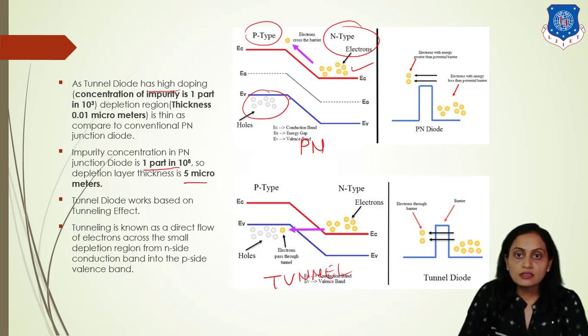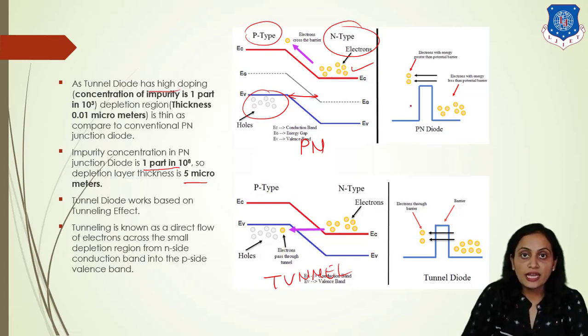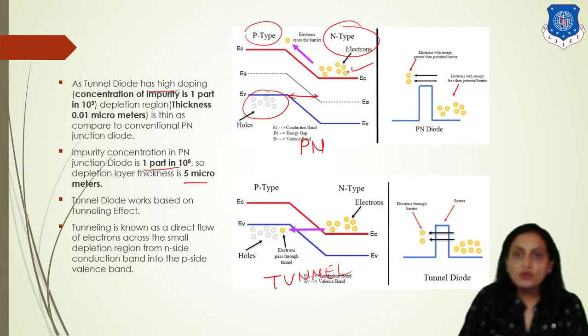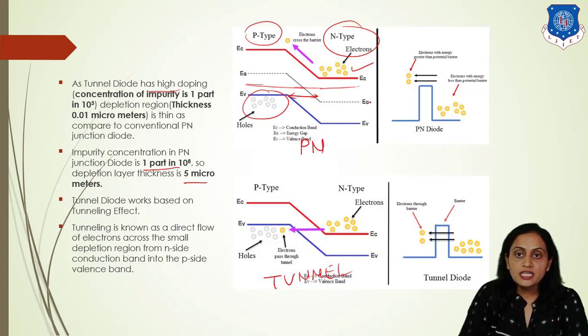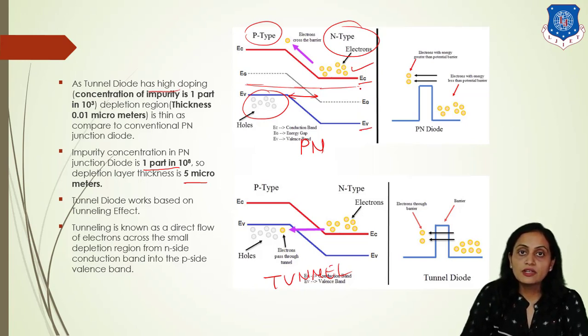So this area is the depletion region, and when no biasing is applied, the Fermi level of the P and N type material will try to line up when the junction is created. For the N type material, the Fermi level is nearer to the conduction band, and for the P type material, the Fermi level is nearer to the valence band. That is why the Fermi levels will try to line up, and this is how the junction is formed. Ec is the conduction band energy level, Ev is the valence band energy level, and these are the energy levels of the different carriers present in N type and P type material.